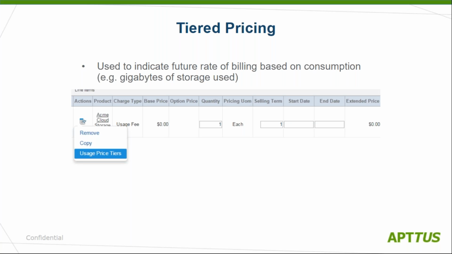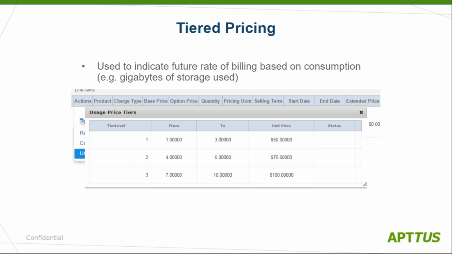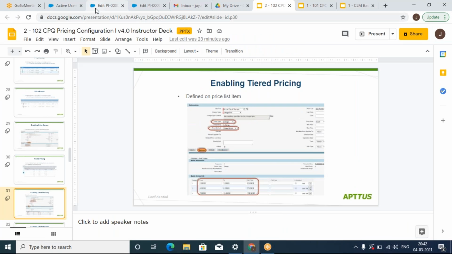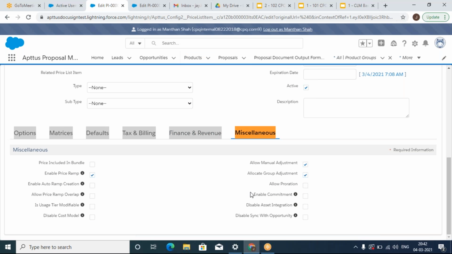So that is kind of a billing that you are doing based on the consumption. So that is where we have to use tiered pricing. In order to use the tiered pricing, again, first we will have to go to the price matrix, and we have to check this, is usage tier modifiable. This particular checkbox we will have to check, and then under matrices,